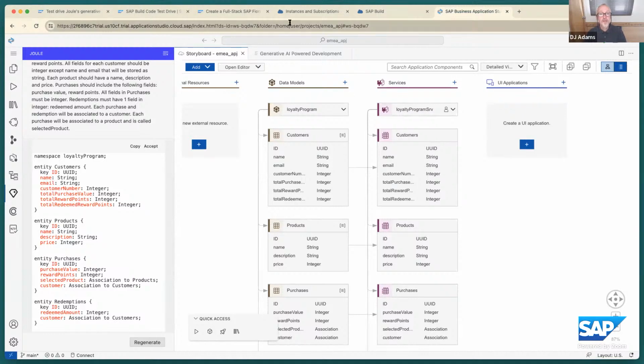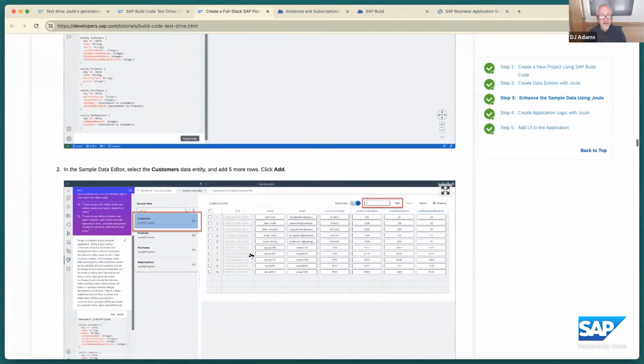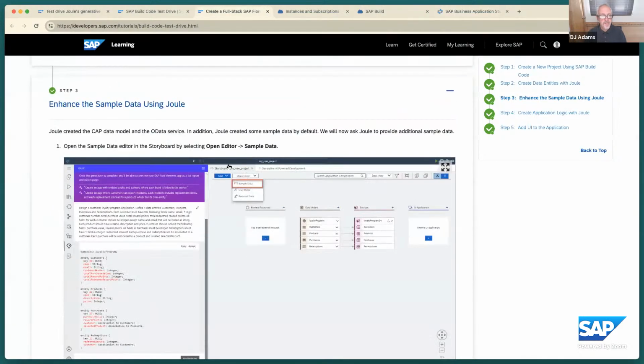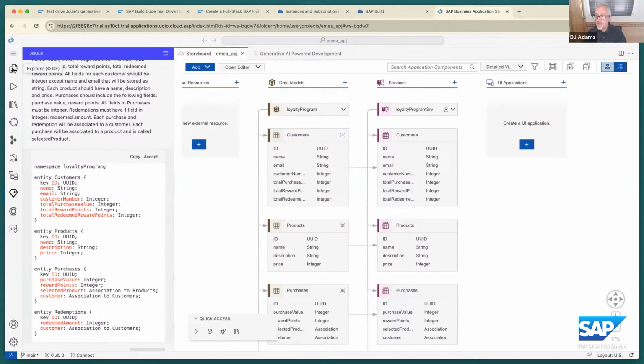Now, what does the tutorial tell us to do? It tells us to wait and bring that in, and then what does it say? Oh yeah, open the sample data, right? So before we jump into the code, let's look behind the curtain. This is nothing special in terms of facilities in the SAP Business Application Studio, so it's not as if we're losing any other facilities. We can just jump back into the Explorer.